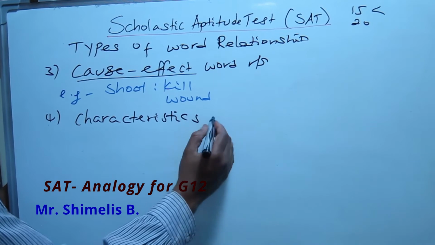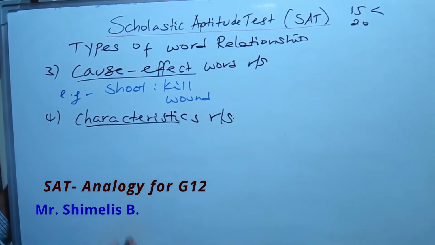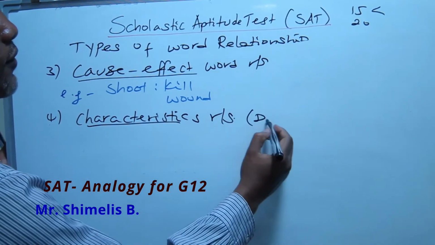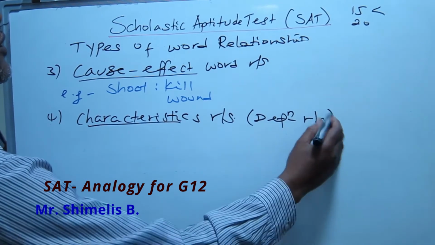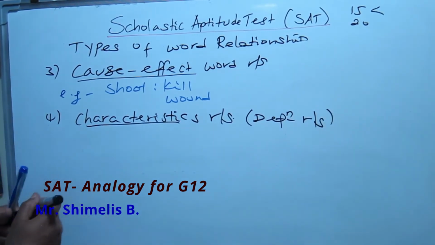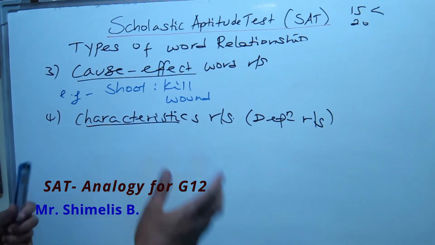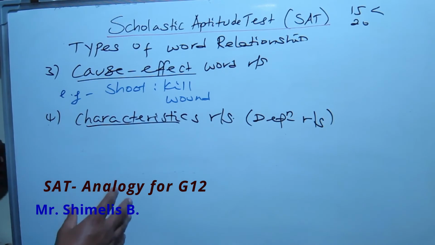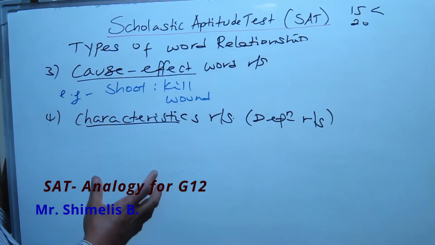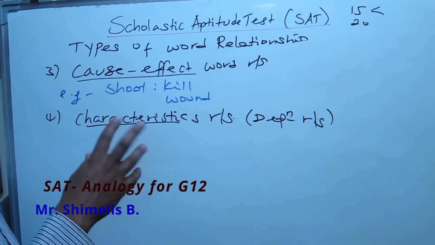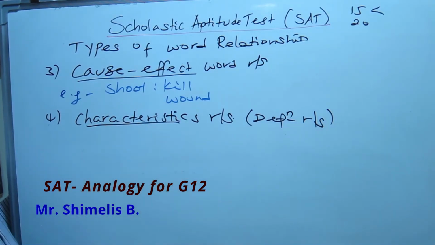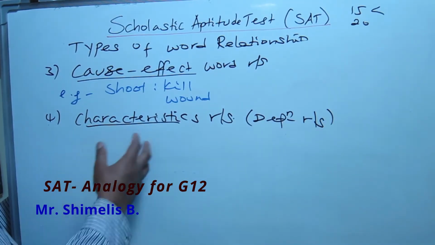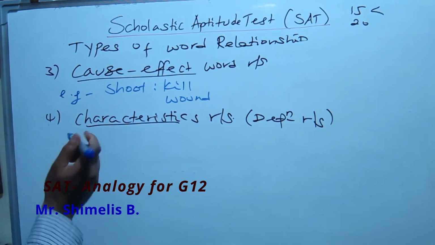Characteristics relationship. Under this relationship, one would be the character. Sometimes character relationship overlaps with definition relationship. Sometimes they overlap, because when you define something, you might define using its character. So characteristic relationship is a relationship when two words are connected, because one is a character, the other is an object that we talk about its character. Let's say